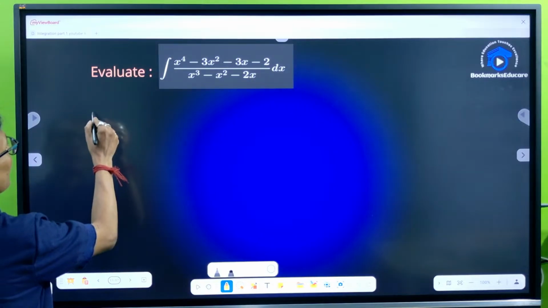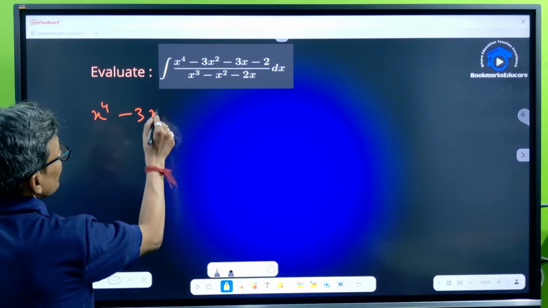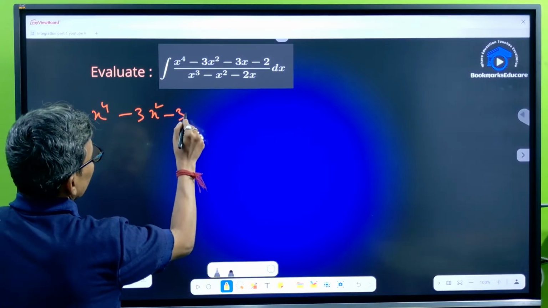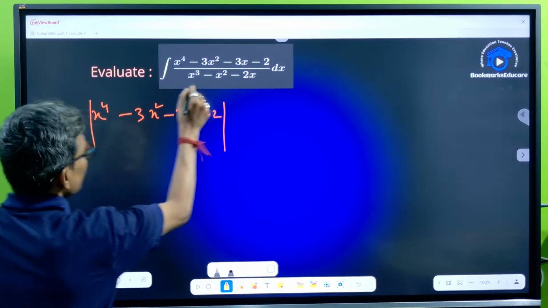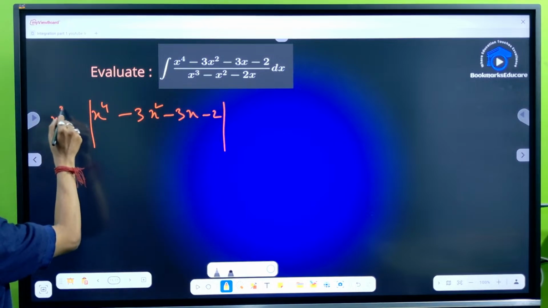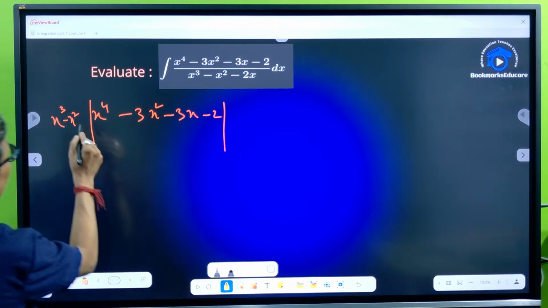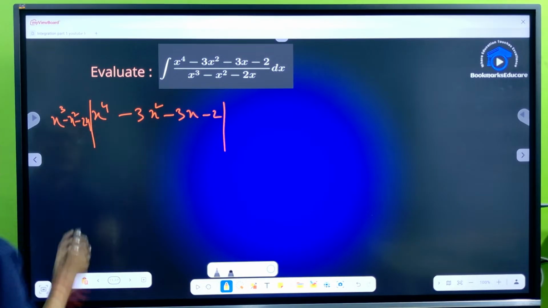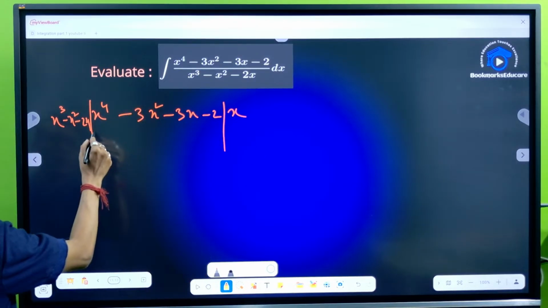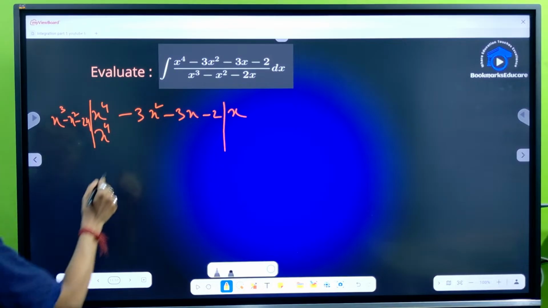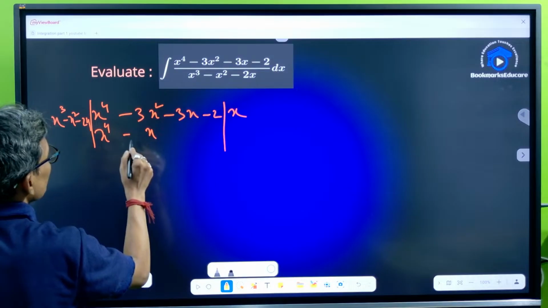So x to the power 4 minus 3x square minus 3x minus 2 divided by this x cube minus x square minus 2x. So into x, so x to the power 4 minus x